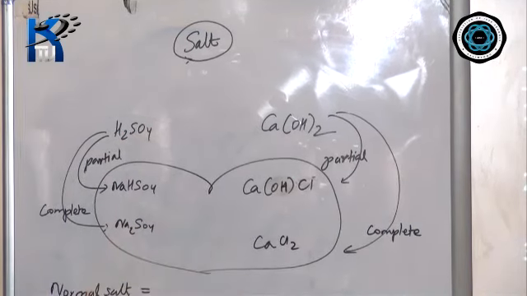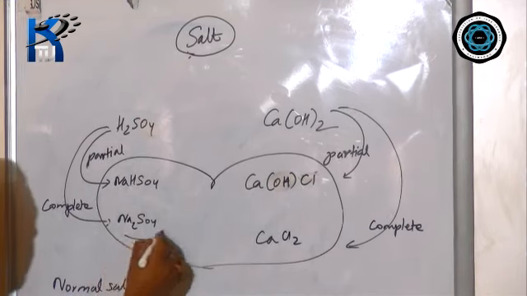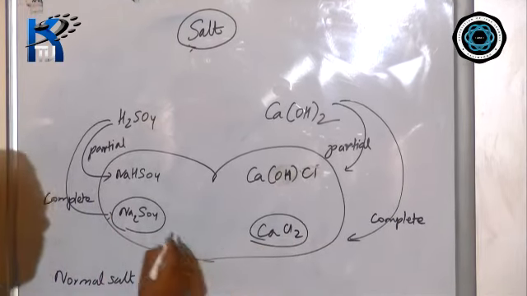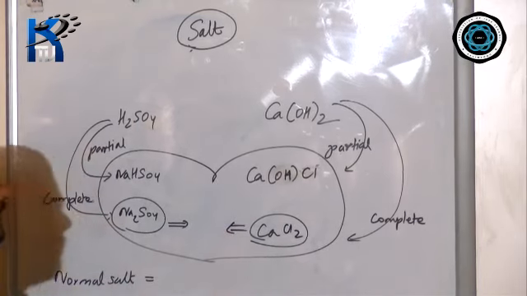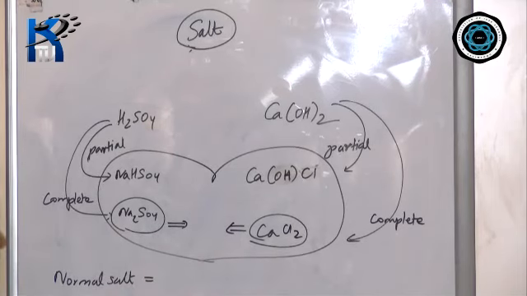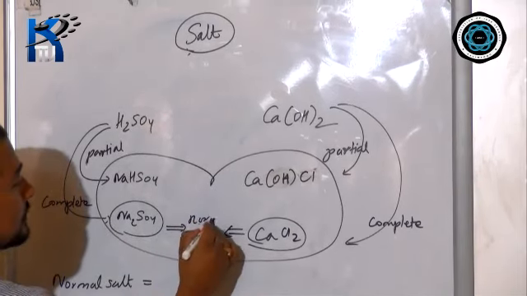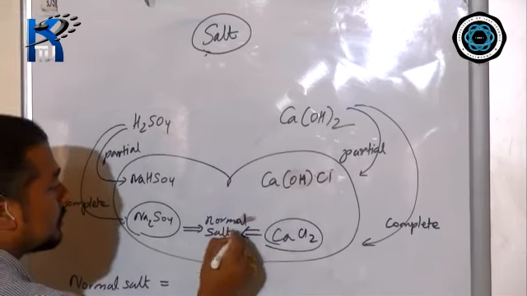So this is the example of what, students? Salt. Now if you see out here, students, in this salt and in this salt, the replacement of hydrogen ion of an acid or the replacement of hydroxyl ion of a base by metal or non-metal is done completely. Therefore, we call them normal salt. I repeat again, we call them normal salt.